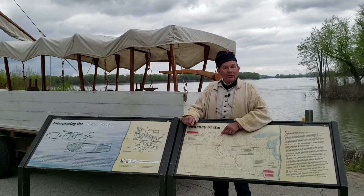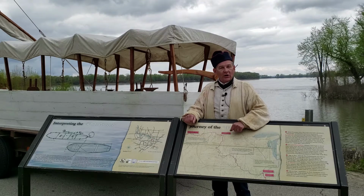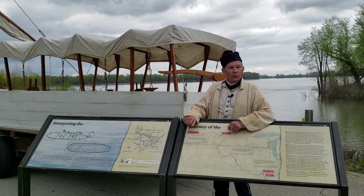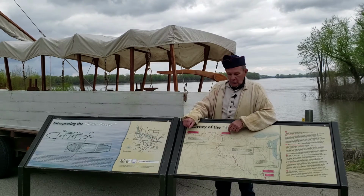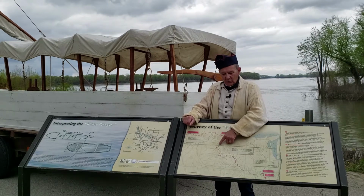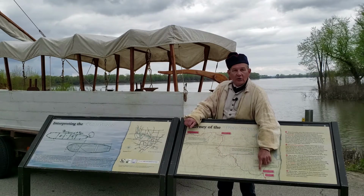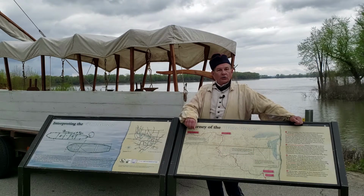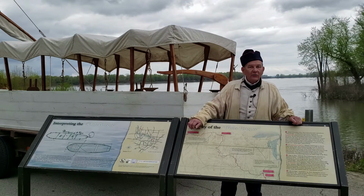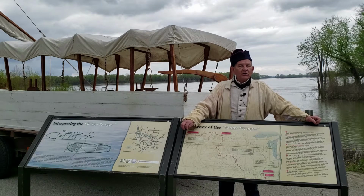Come springtime, they decide that they need to head west, but they know that the keel boat itself is too big to continue up the river. The water is too shallow, the turns are too sharp, so that 55-foot long keel boat is sent back with Corporal Warfington down the Missouri River back to St. Louis. The keel boat is loaded with journals for the president, artifacts, Native American clothing, animal skeletons and skulls of